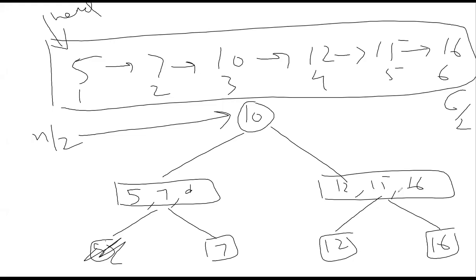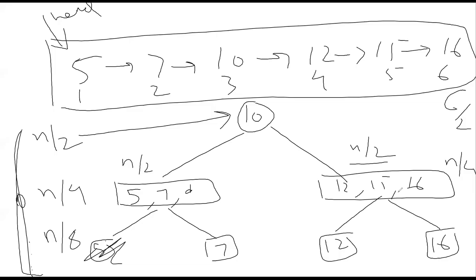Now let's assume this size is n by 2, and this is also n by 2. That will be the worst case, if just one element is removed, right? Now this will have to do an n by 4 scan here, and n by 4 scan here, right? The length is halved. And this will be a geometric progression, right? And it will tend to 0, right? Now, can we calculate what will be the number of elements here?